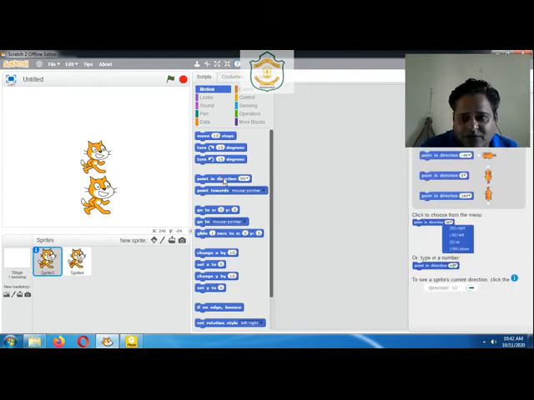Click on any of the blocks and it will provide information about that block, how to use it, what exactly that block does, which command is executed and how it is executed by any particular block. This tip or help can be accessed from this toolbar. The same tips can also be accessed from the menu option.